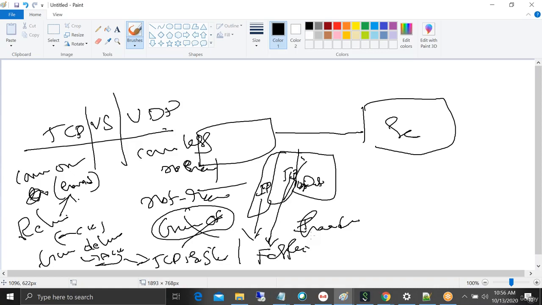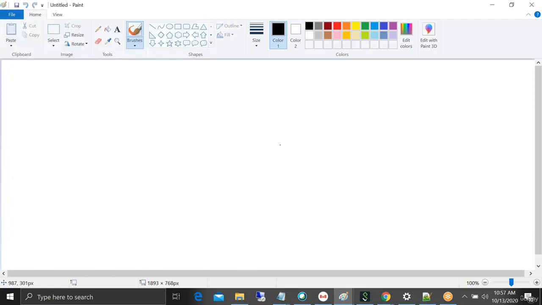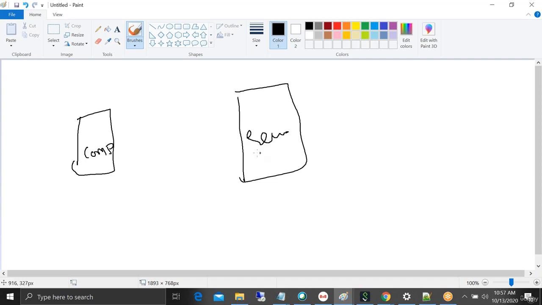Sir, can you just explain once that handshake process? So you have your computer, and you have your server. This is Google, Yahoo, Facebook, or whatever it is. Before exchanging data, you have to perform